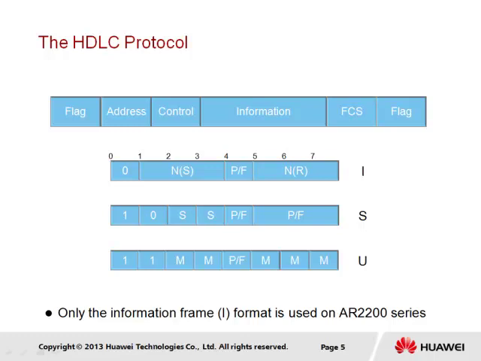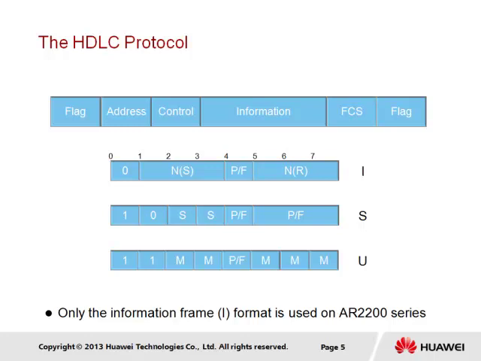HDLC is capable of supporting both synchronous and asynchronous-based signaling, and we show here the general format of the HDLC frame. The frame itself consists of flag fields that mark the start and end of the frame, along with an address field that is, for the most part, unused, however allows HDLC to support multi-point type networks involving multiple terminals. However, we focus here on the more common point-to-point application of HDLC.